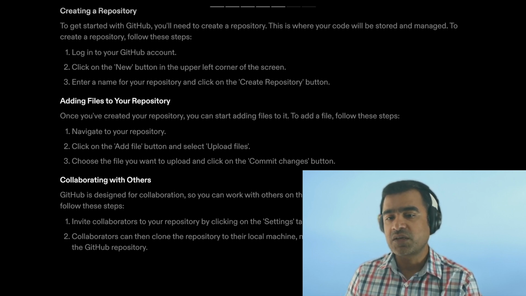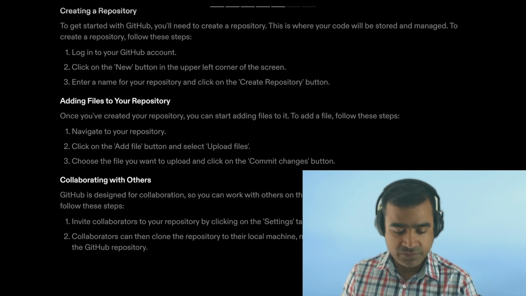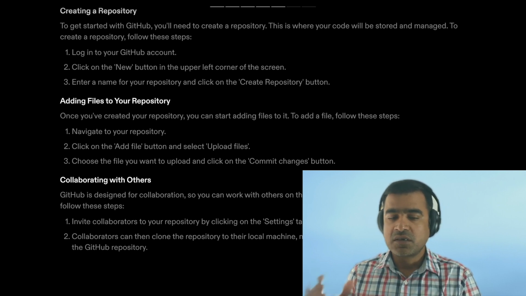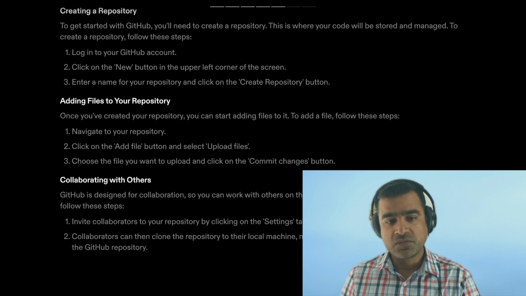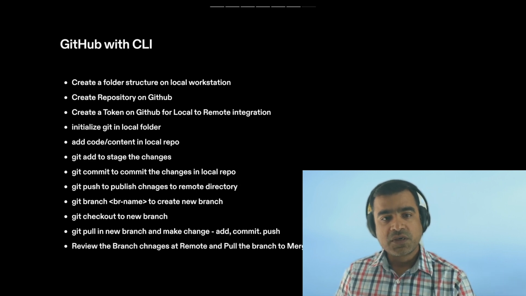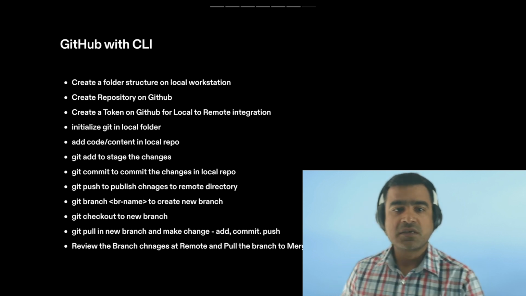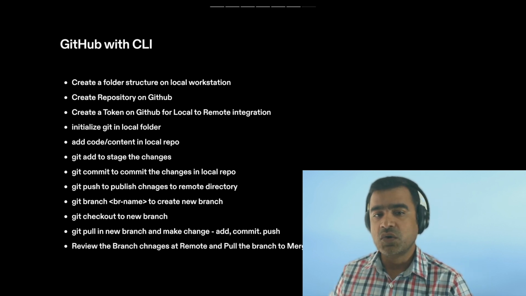And if you're satisfied, you can go ahead and merge those changes. So this is the typical way GitHub works. All right. So what we are going to do in our demo, first we'll create a folder structure on local